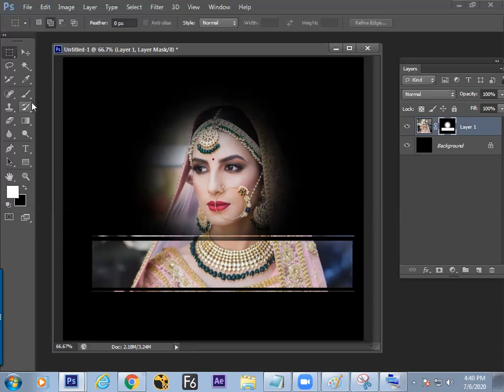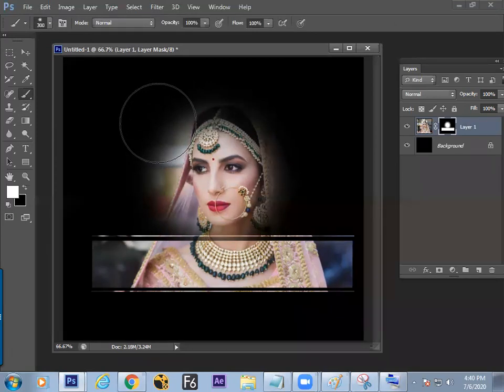Now check the screen. In the last class, we got to know about the color modes. How many modes are there? 26 modes are there. What is the mode we learned in the last class? Difference color mode. What is the behavior of the difference color mode? It makes the white color on the screen turn into black if you're painting with white color.